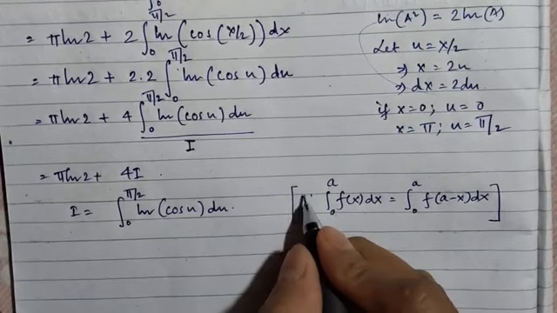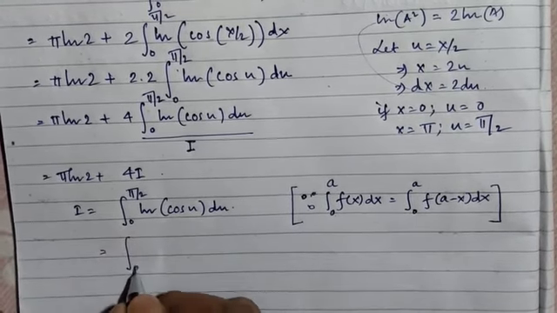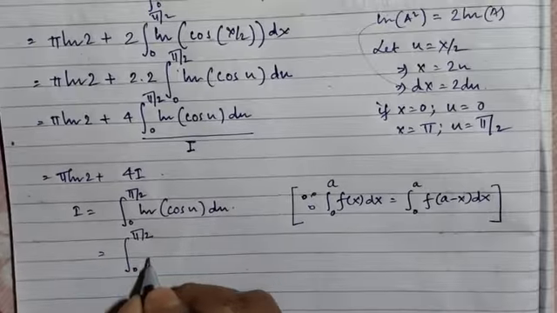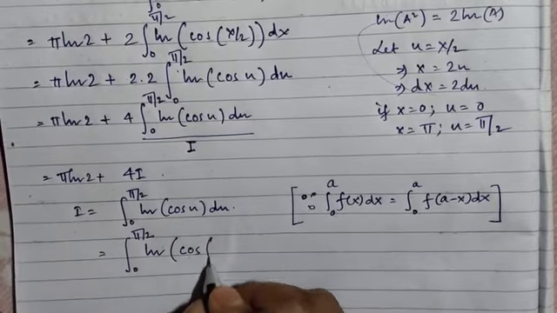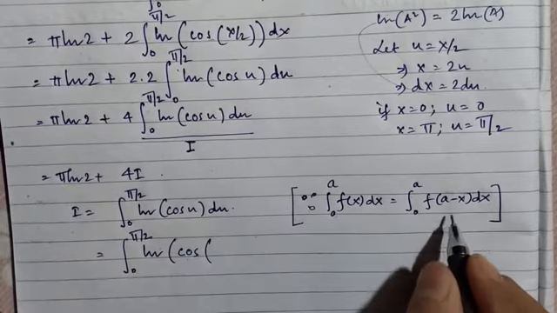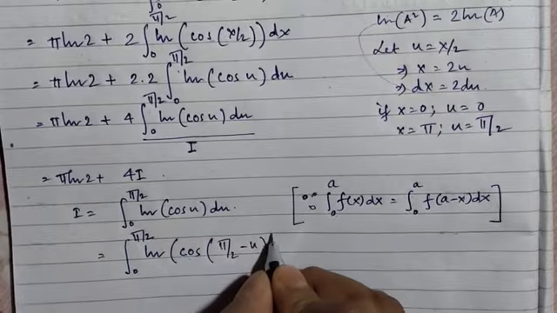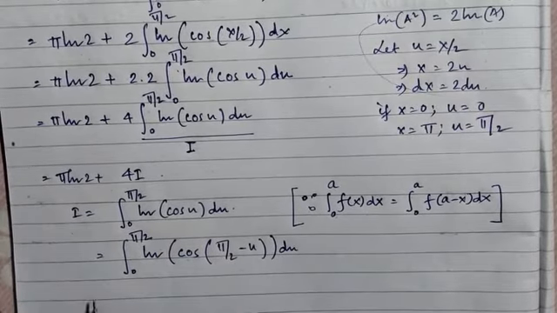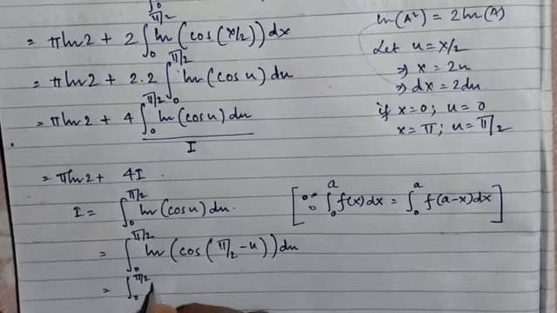So we know this formula. So what we can write over here is 0 to pi by 2 ln cos of a minus x, so pi by 2 minus u, du. We can write this becomes 0 to pi by 2 ln